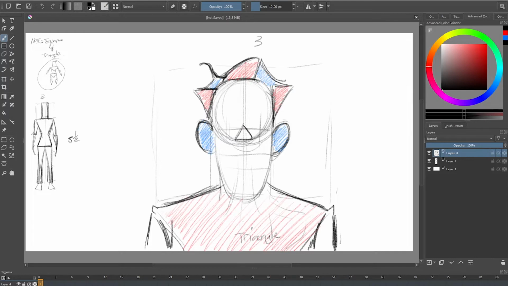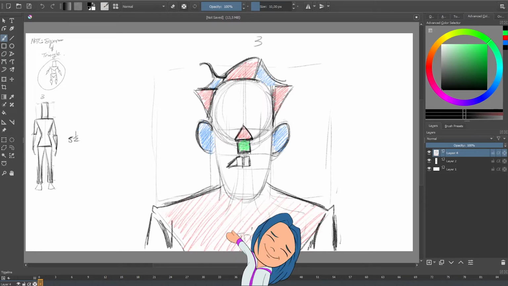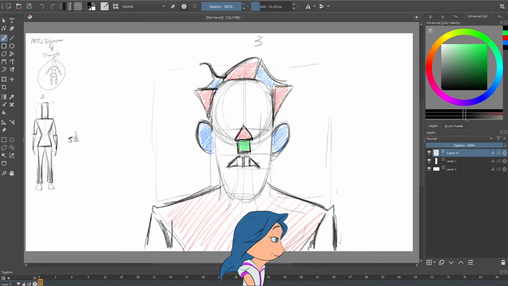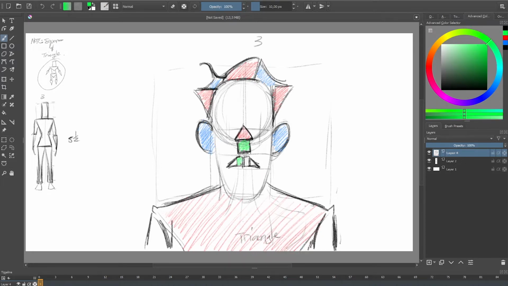So for the center of his face, I'm using this triangle to separate the eyes, and then blocking his nose out with another square. I have the basic idea of what this character should look like, and he's got a mustache, and his mustache is constructed of 2 squares and 2 triangles. So even though it looks like teeth right now,